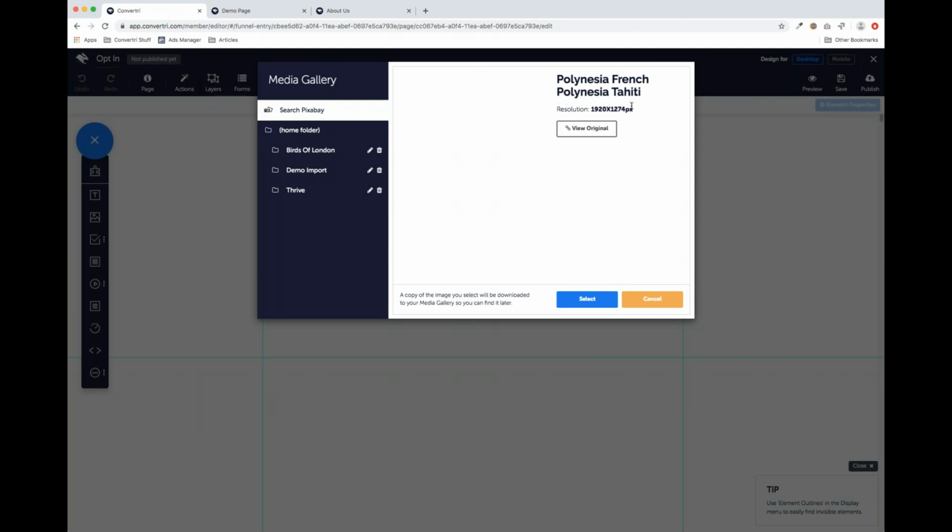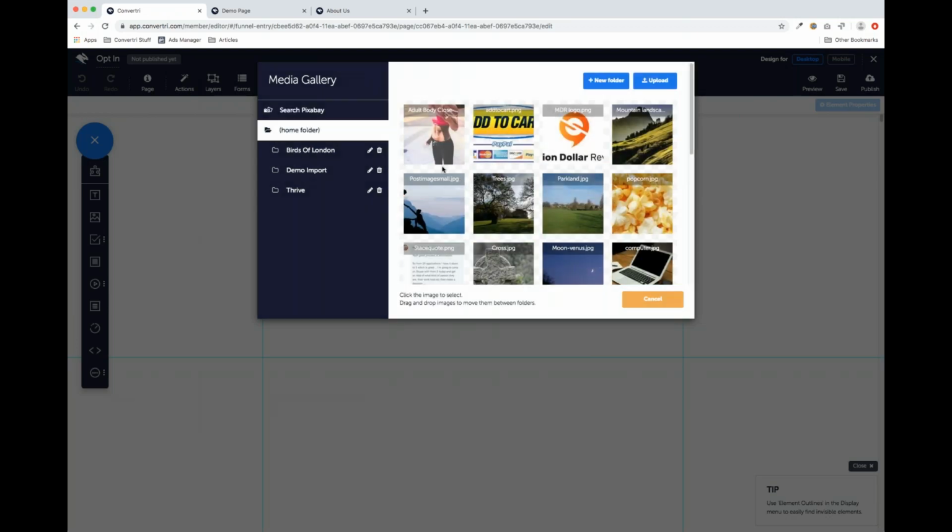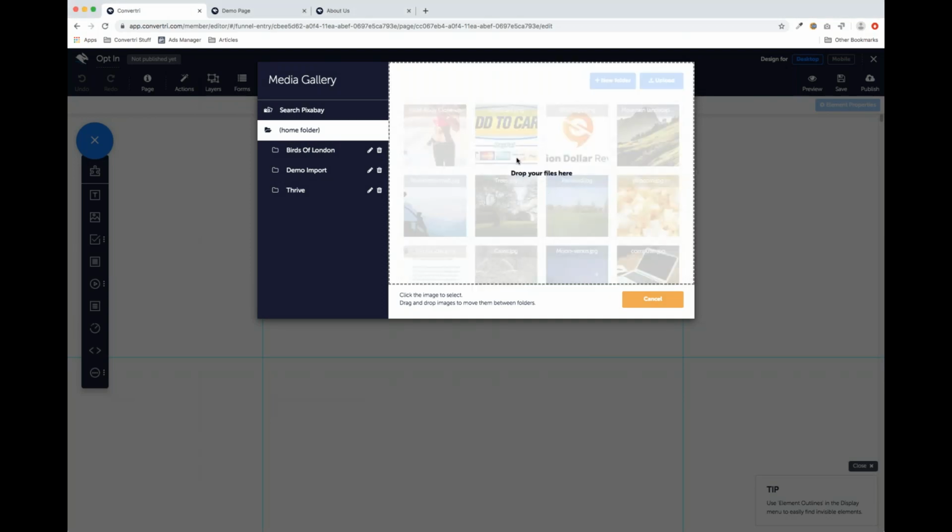Now, what you can see here is that the resolution for Pixabay images is 1920 by 1280, thereabouts. And that is the reason I'm not actually going to download a Pixabay image for this one. It is an image I found on Pixabay, but I went to the website and downloaded it through my account. The reason I did that is because when you do that, you can have a far higher resolution image. So if I just drag the file on here,